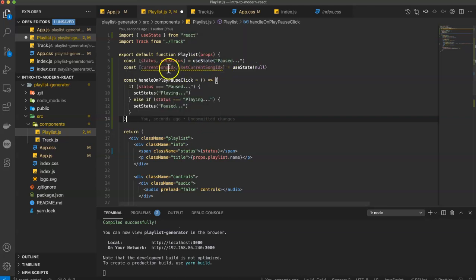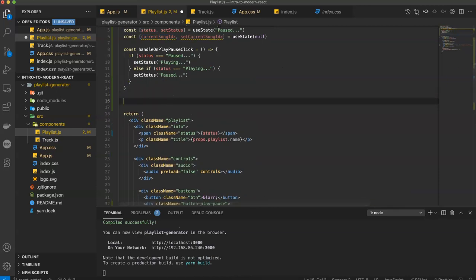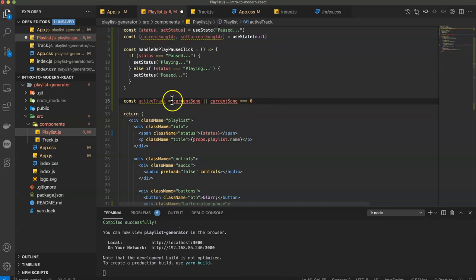And then I'm going to use that current song index, and I'm going to create a variable here called, let's call it, I don't know, active song, current. I don't want to call it currentSong because we were saying current song index. Let's go activeTrack. That'll distinguish it. We'll say if currentSongIdx exists or currentSongIdx is equal to 0. And the reason I'm doing this is because in JavaScript, if you give it a value and that value is 0, JavaScript evaluates that to false. And so we're just checking if this is a truthy value, like this Boolean. Is it a truthy value? Or is the value equal to 0? Then we'll say